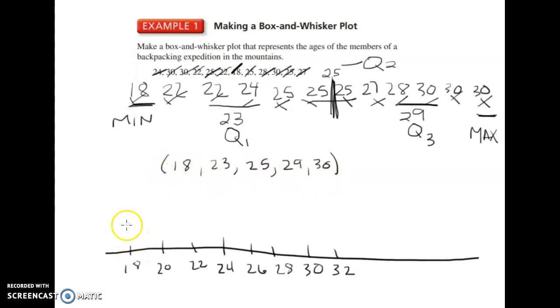So my minimum is 18. I'm going to put a dot there. And then my next one is 23. So that's in between here. So I'm going to put a dot here. And then 25. And then 29 is in between there. And then 30. So now that I've put a dot through all of these, I am going to draw a